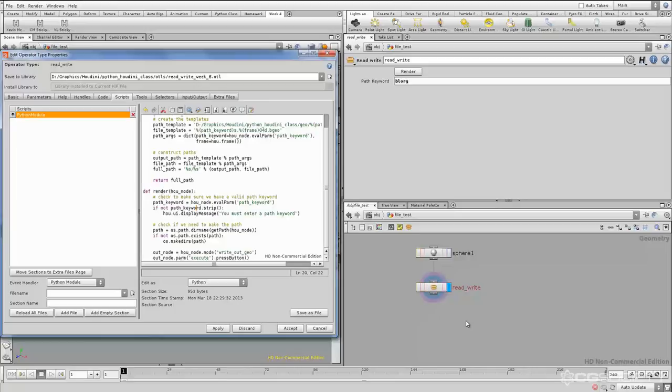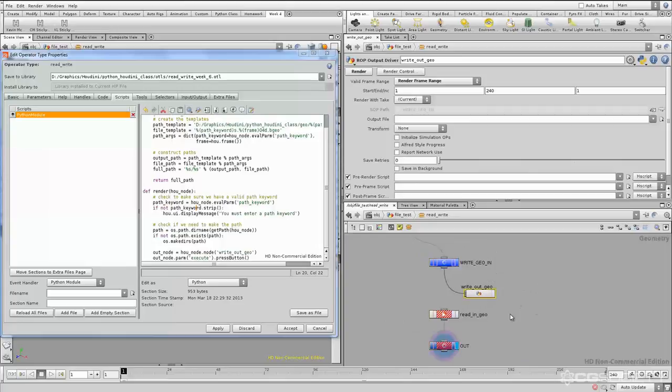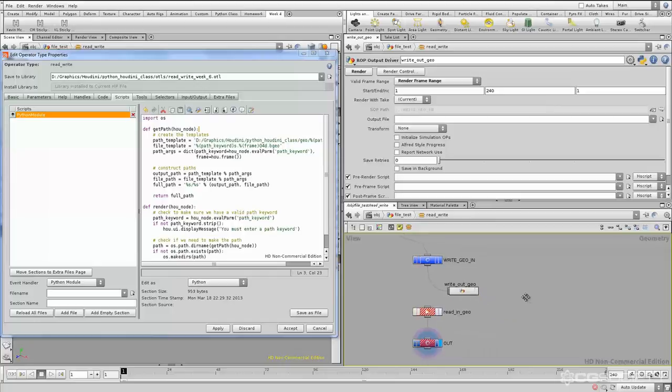So it's pretty simple. Now, the problem is that on this node and on this node, for the parameters that deal with the files, we need to get this path here. And this path is generated by our Python function. So the simplest way to do this is just to create a Python expression here. So if we just change the default language of this node to Python,